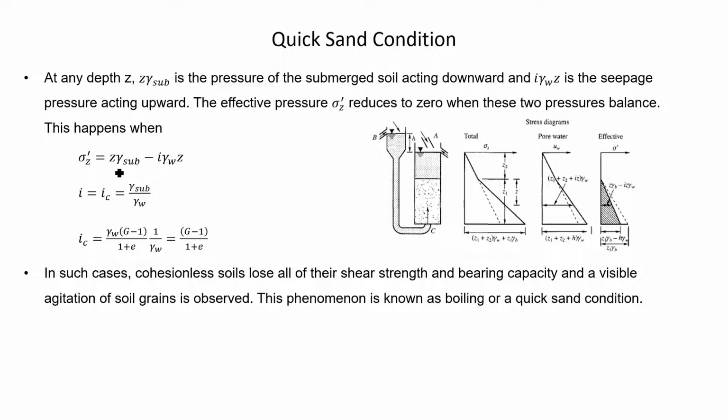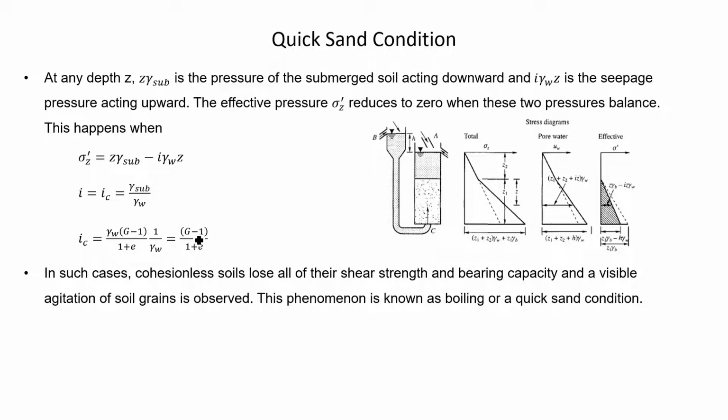Here the first term z gamma sub is the pressure of the submerged soil and it is acting downward, and the second term i gamma w z is the seepage pressure which acts in the upward direction. When both the terms become equal, then the effective stress becomes 0. So, for this condition we may write this hydraulic gradient as critical hydraulic gradient. So, if we further solve this equation, we can write the critical hydraulic gradient as G minus 1 by